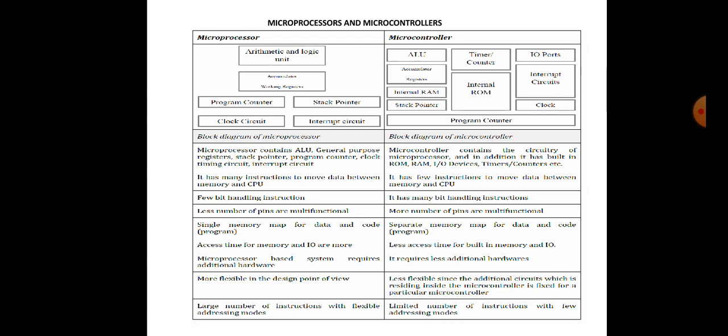By the definition, just by looking at the words micro and processor: micro refers to the size of that chip or the size of the circuit, whereas a processor is a circuit which has computational as well as processing capabilities. So the combination of these two words, a restriction of its size, as well as the circuit or chip having some processing capability, is called a microprocessor.